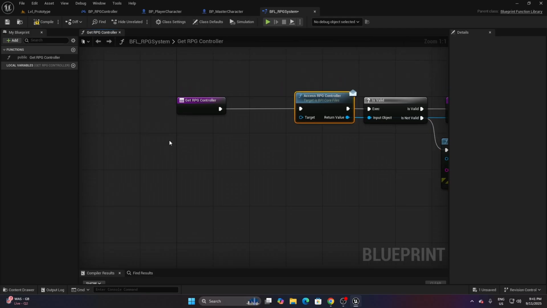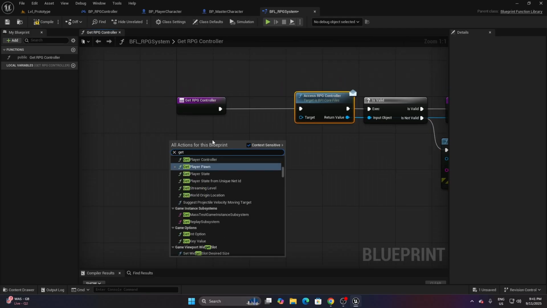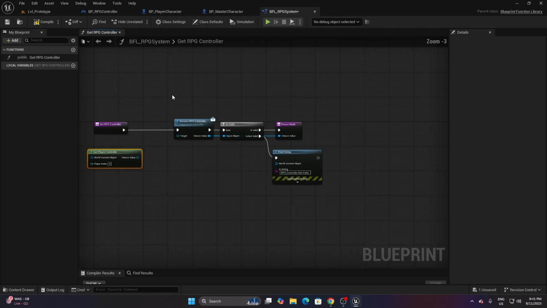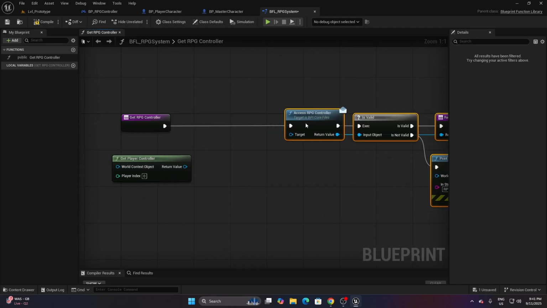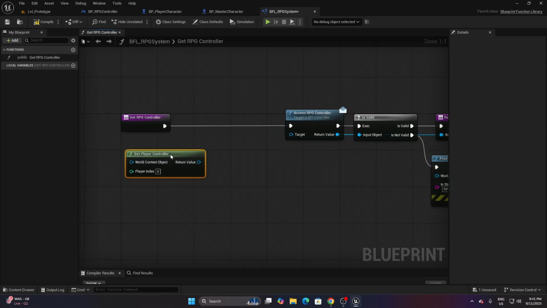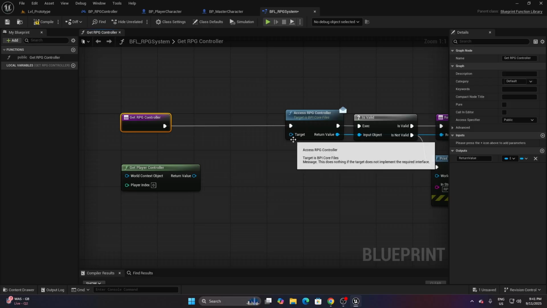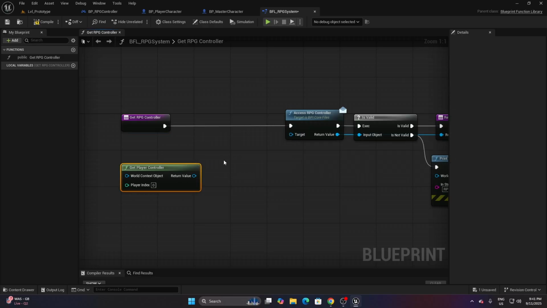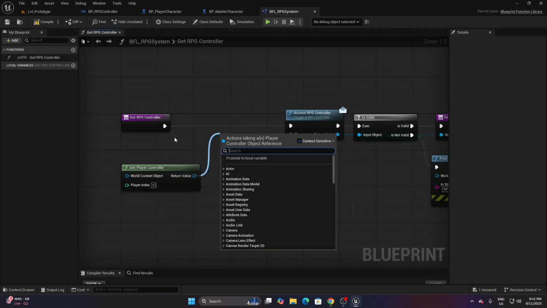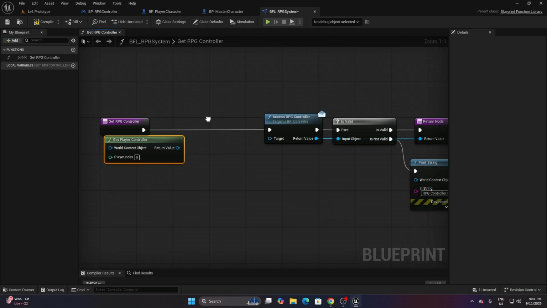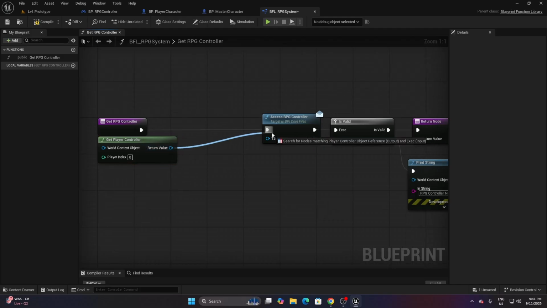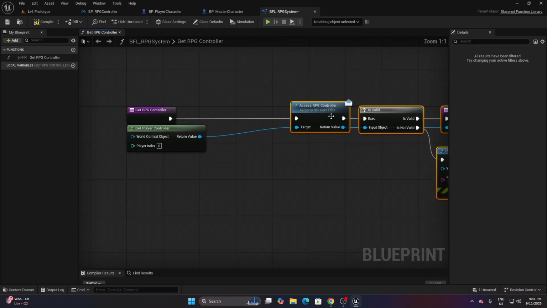For the controller class, we can just get player controller, and just in case you may not want to always access the player controller itself, we can add a target of type object reference, and if it's valid, then we don't need to access this. If it's not valid, then we could just use this. That's an option, but it's not necessary. So we can just drag this in right now,